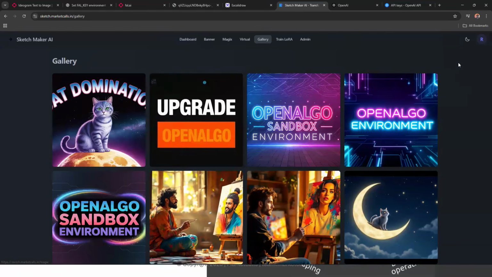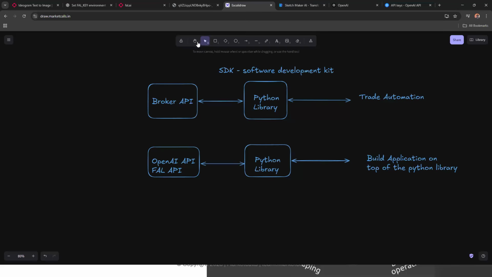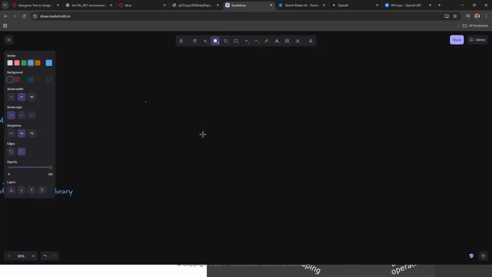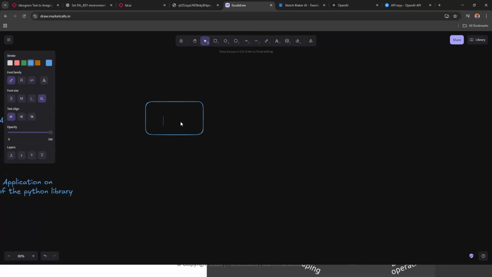I think throughout the season we'll be having varieties of examples. What I'm trying to do in SketchMaker is the same backend, running in Python, but instead of running on my local PC, I am putting everything on my server. So the user is asking a prompt over here, and the prompt